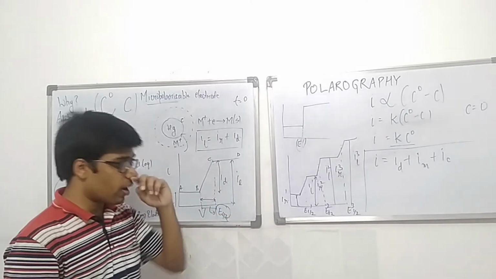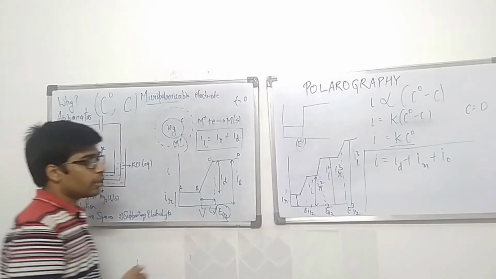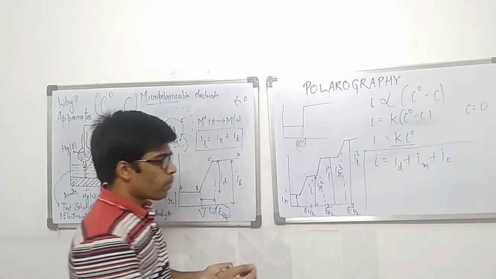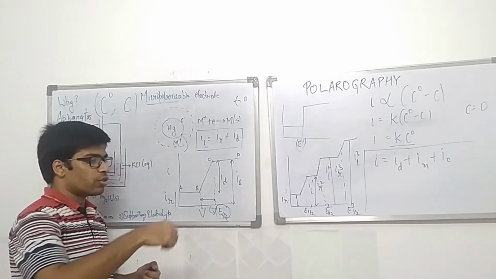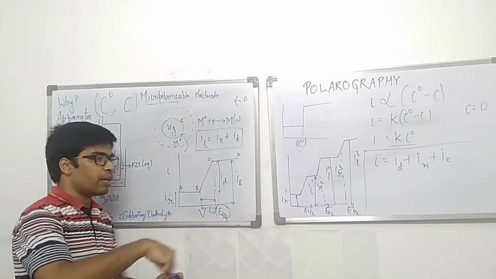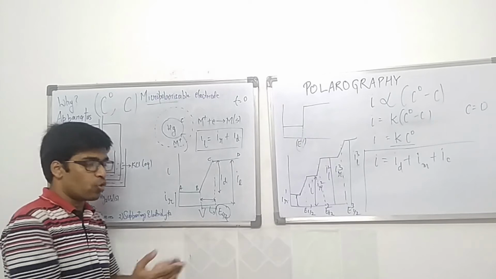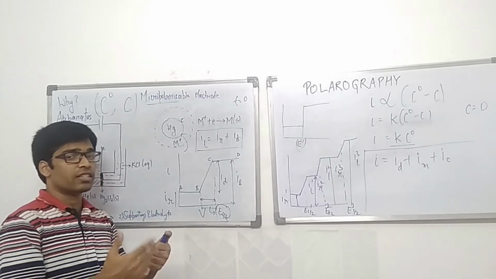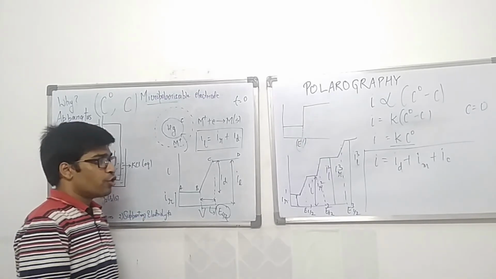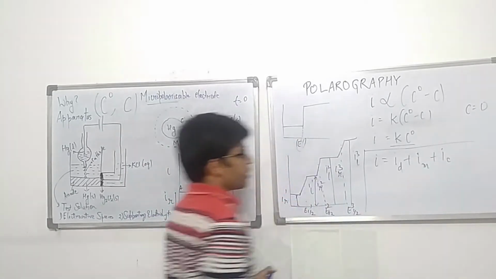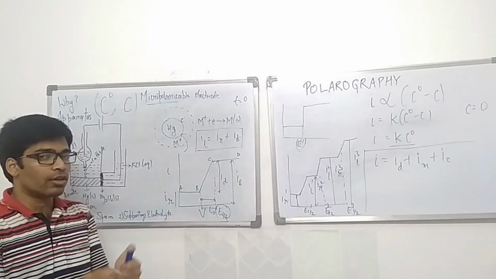And in case of polarography, how is this happening? Now see, when you stir the solution, because of the mechanical movement, the ions come into movement. And when the ions move, charges are moving. And when charges move, there is a current created in the solution. So there is a convection current created if the solution or the particles in the solution are in motion.